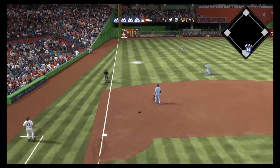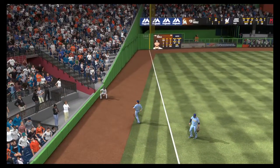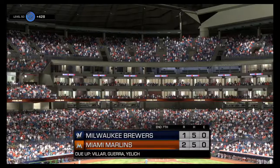And here's a ball hit in the air. Arcia into shallow left. He makes the play. A great catch on the run to